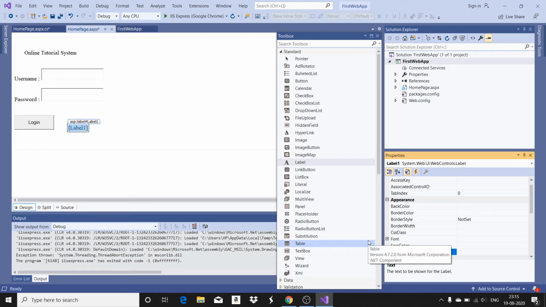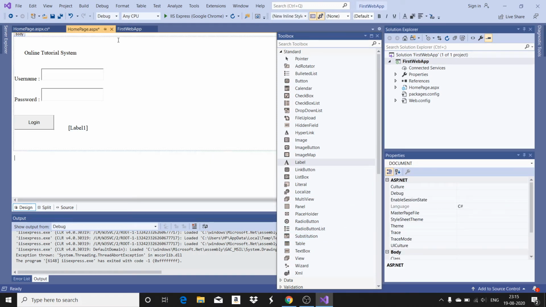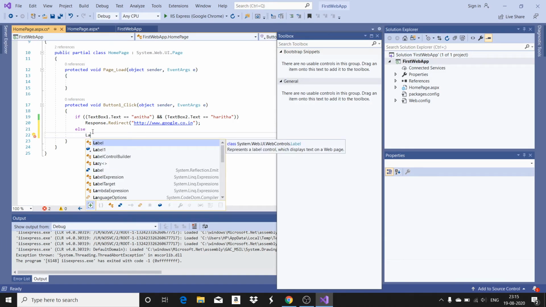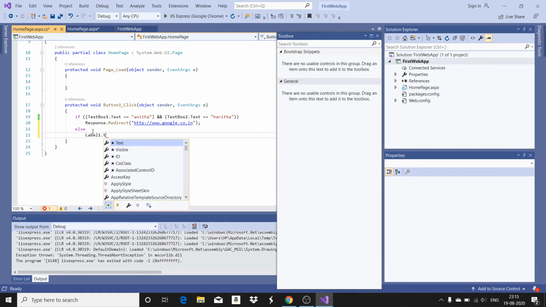But otherwise, Label1.Text becomes "Invalid username and password".